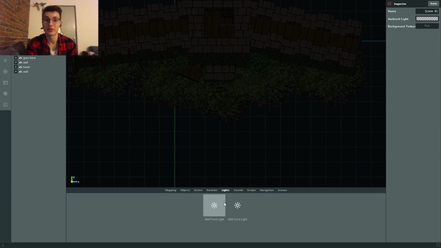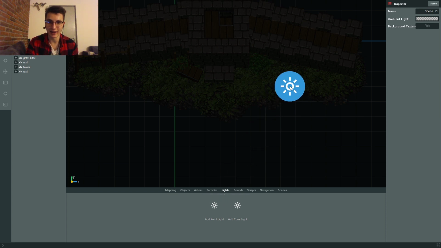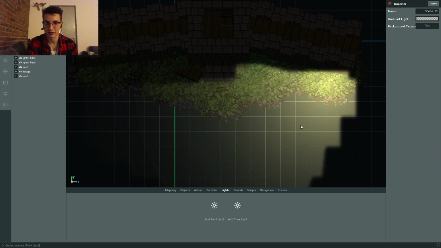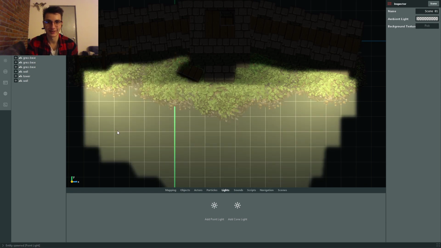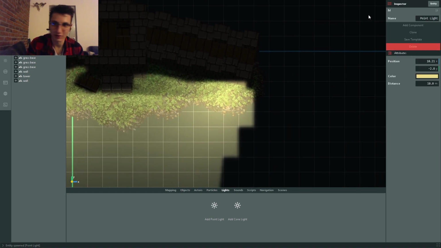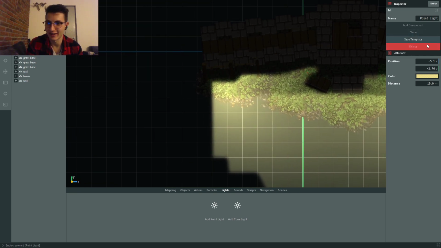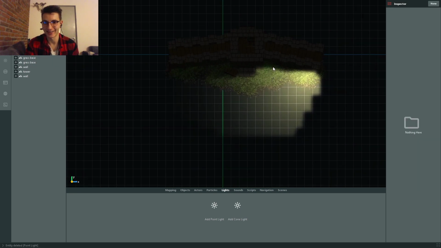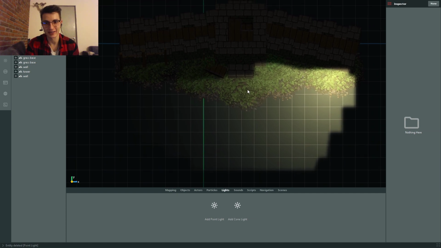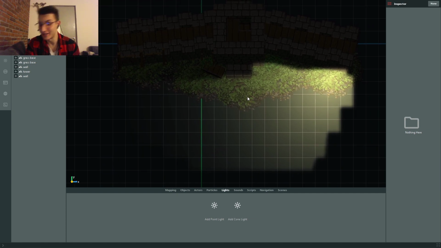So what we're going to do is exactly what we expected. We're going to place a light right here. We're going to place one right here, and we're going to place one right here. No, you know what? Scratch that. I'm just going to keep one. This looks awful. I'm just going to keep it like that. I think this looks better. It looks like a mysterious scene. It looks like one of those games in which you're fighting off thieves or walking down